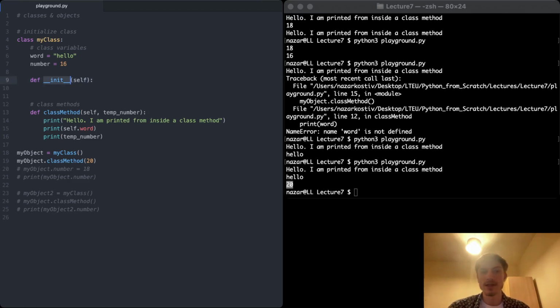So def init looks like any other method. It is defined exactly like any other method, and the code is written exactly like it. But it's special in a way that it will be called every time you try to create an instance of your class. So by definition, we created an instance of our class like this without an init method because we didn't define it. But if we wanted something to happen every time an instance was created, for example, printing an instance was created,